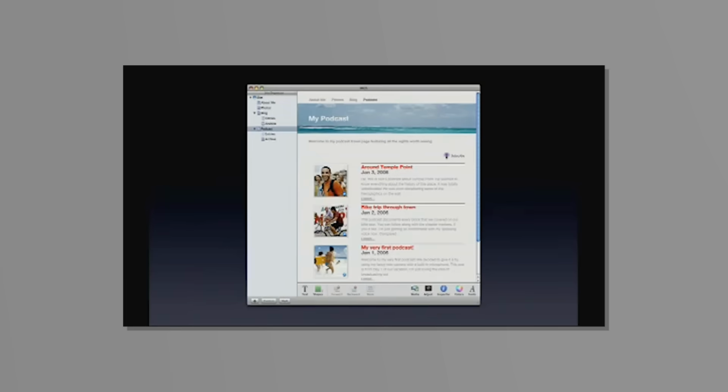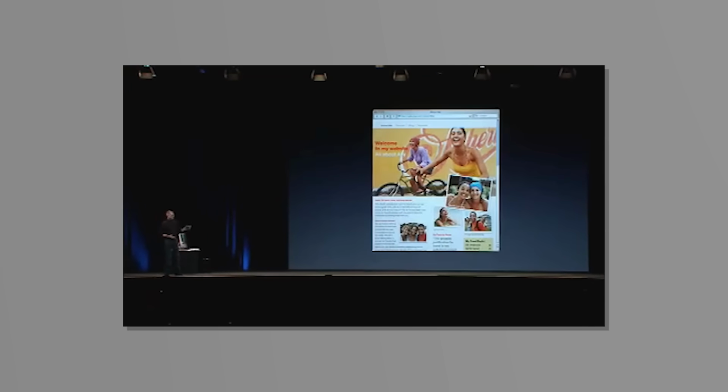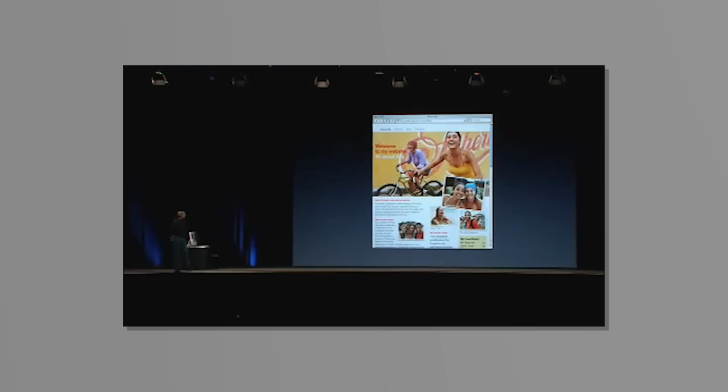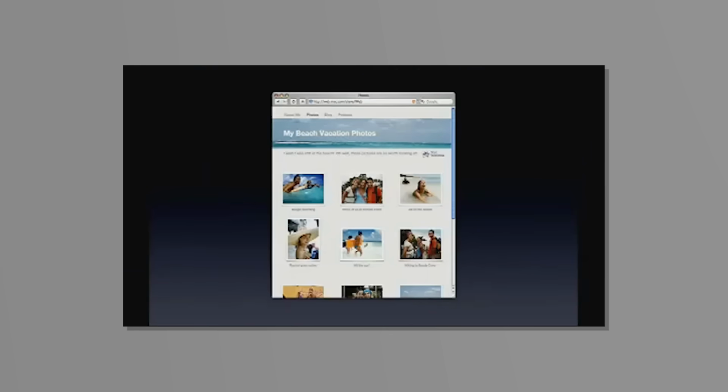It's all done automatically for you, and when you're done creating a website, you push one button and it's automatically uploaded to .Mac and published on .Mac, so that anybody with any browser on any computer can just look at your website. And this is what it would look like. They go to your photo page, this is what it would look like. And if they have a modern browser,